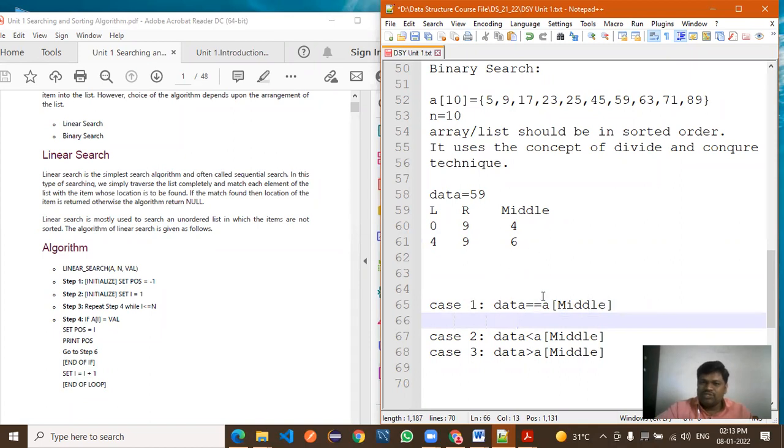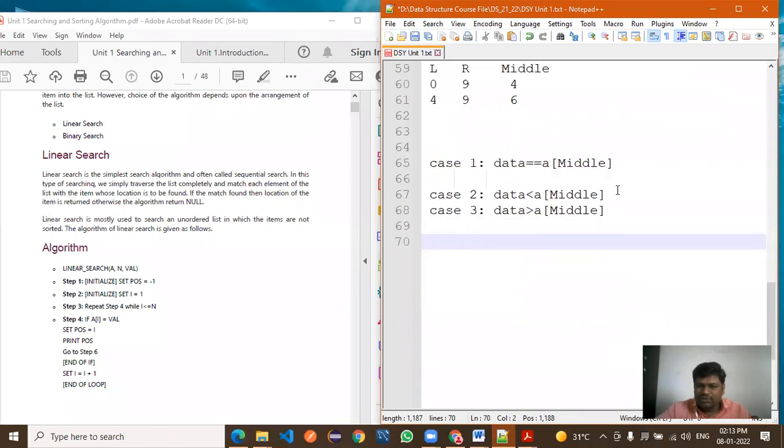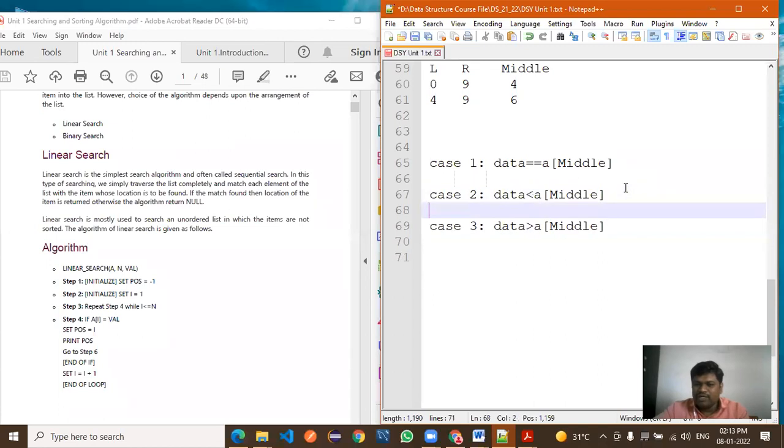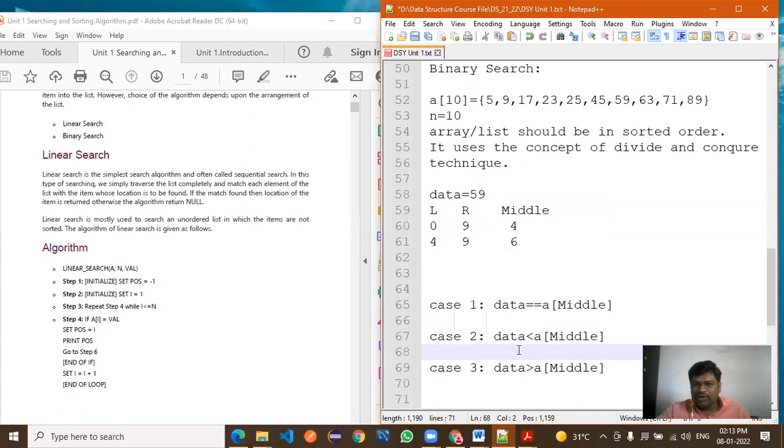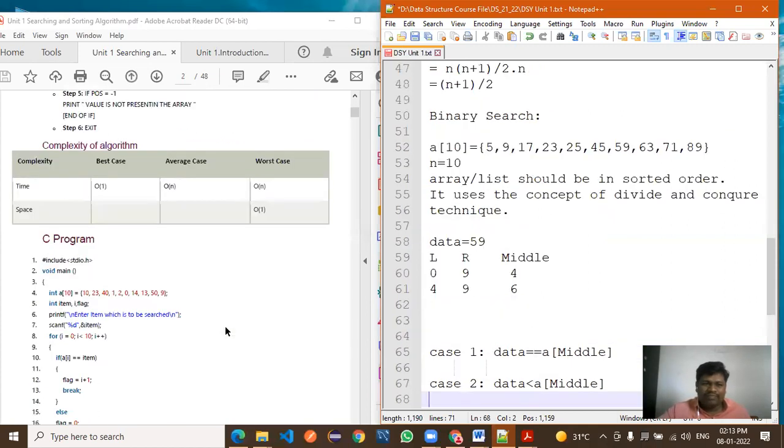So this is the procedure to search the element by using the binary search. Now how to write it, the pseudocode and everything, we will continue, and after that in the next session we'll complete the implementation of linear search and binary search in the C program. So we'll implement both the programs also, right? Now all of you have got the idea regarding the binary search, how the binary search algorithm is working. Yes or no?